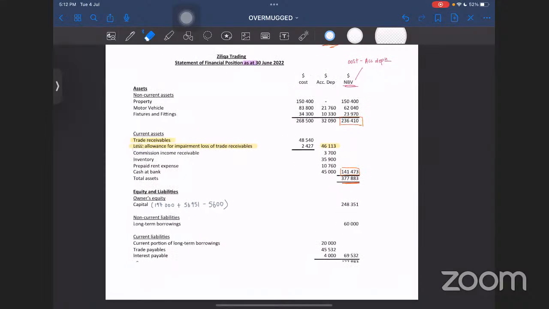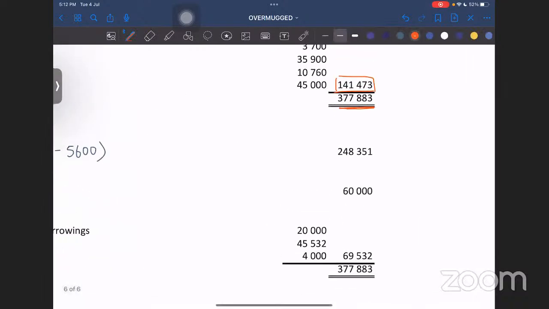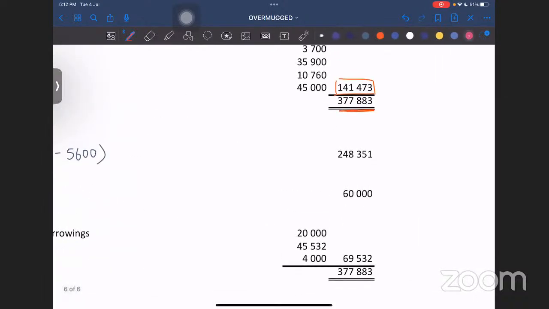Okay, so at the end of the day, I will need to find what is my total equities and liabilities because that's what this whole section is about. Am I right? Okay, so total equities and liabilities, I will have this. So same logic, how do I get this number? Okay, I take this, plus this, I will get this,